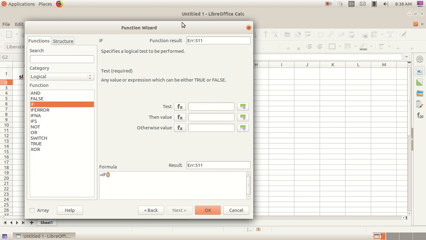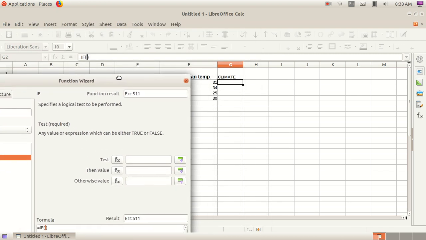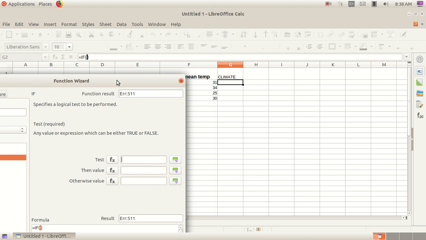Here we have to give the condition. In this text box there is Test, then Value, Otherwise Value. So we have to give a condition. If the condition is true, then give the value in the Then value, or if the condition is false, then give it in the Otherwise value.